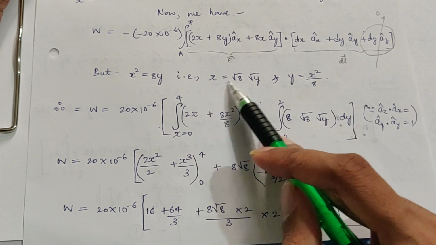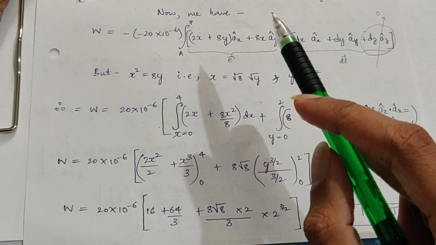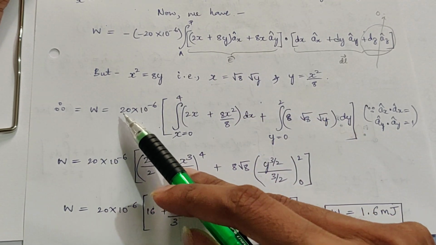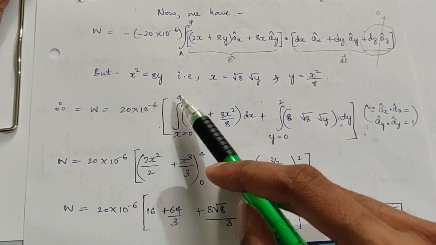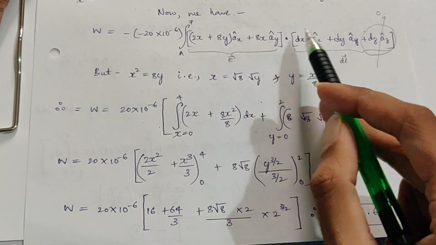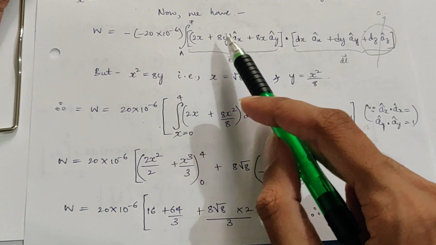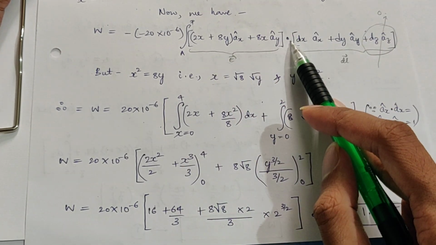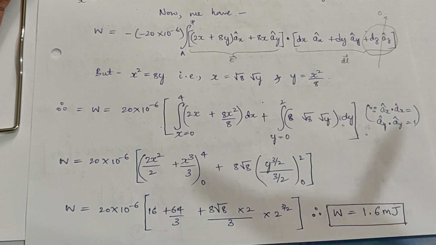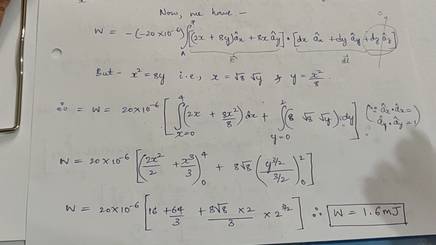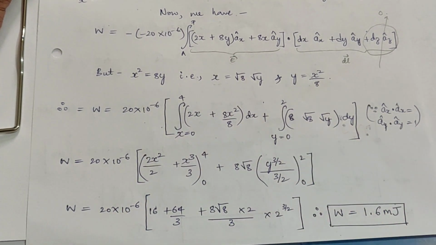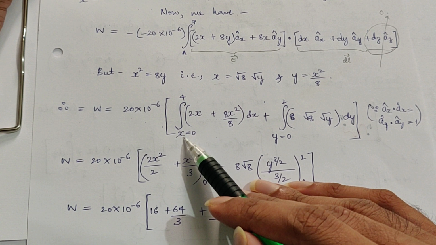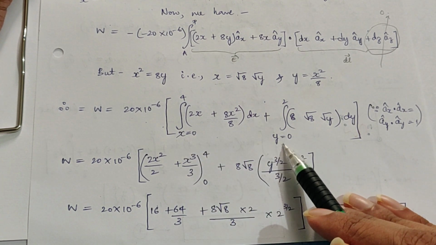I substitute the value of x and y in my equation here. So yes, of course W is equal to minus into minus becomes plus. It is 20 microcoulomb into, I will split this integral into two. I can have one integral for the ax component and one integral for the ay component, and of course I have taken the dot product of it. You've taken the dot product and cross product several times, so I need not explain that again. If you still have any doubts, please go check back vector analysis. This integral is for x, and this integral is for the y coordinate.